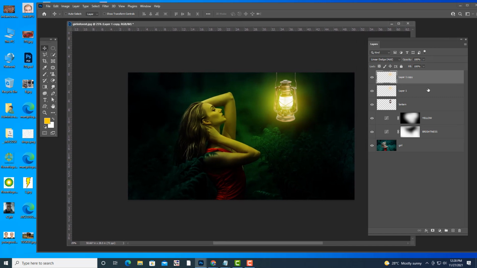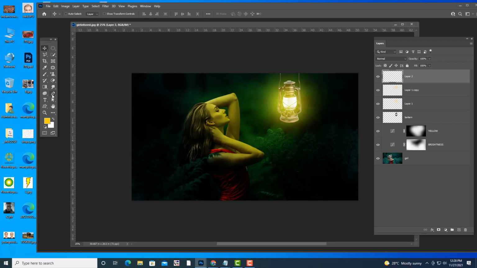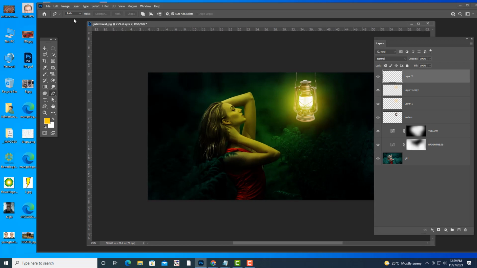So now what we are going to do is, I'm going to take one more layer here. Now the lighting should come from this lantern, and it should spread and reach the girl. So for that, I'm going to use the pen tool and select the option path.